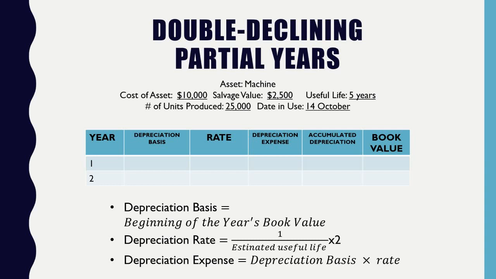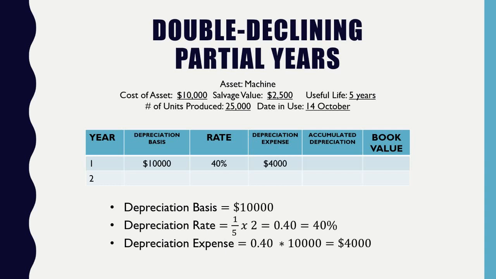Okay, it's going to be 1 over the estimated useful life times 2. So what's my depreciation rate? 40%. It is going to be 40%. Therefore, what should be my depreciation expense? 4,000. Okay. Now, when we look at this, this is assuming that